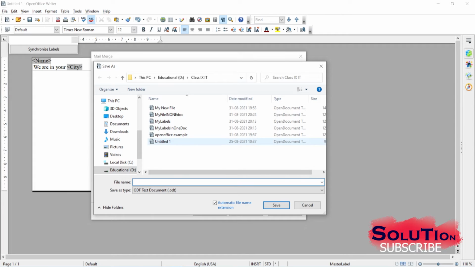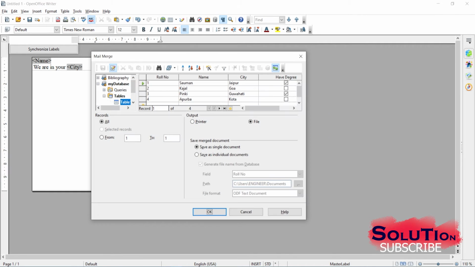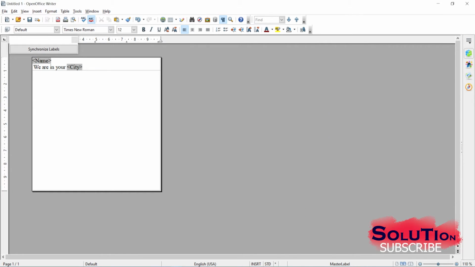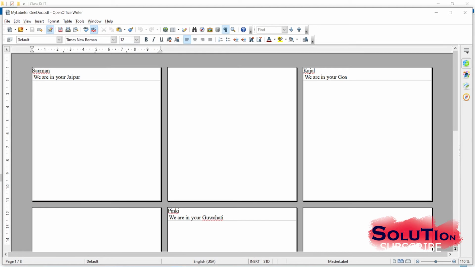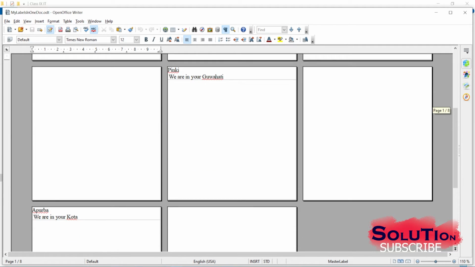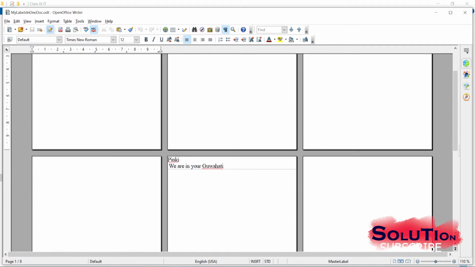I am saving the file with my labels in one doc. Let me click save, and it will take some time. Now my labels in OneDoc, let me click that one, and once I open that, you can see we have some labels created